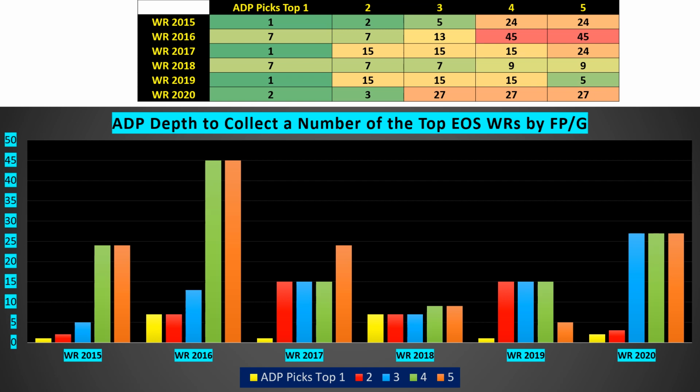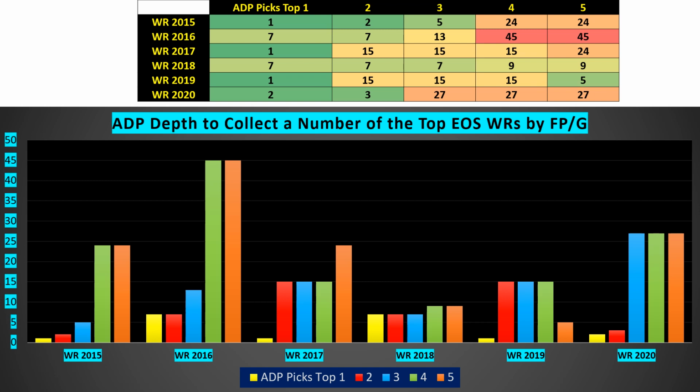Interesting. Look at the variation trying to find the top two wide receivers. 2, 3, 7, 7. Look at that. 15. So at least 7 to 15 is closer to the average. So what is that? That median about 11. So it gets pretty dicey trying to pick the top two. Top three gets worse, at the 27th last year to grab the top three. Top four, top five can't even go down to 45th.